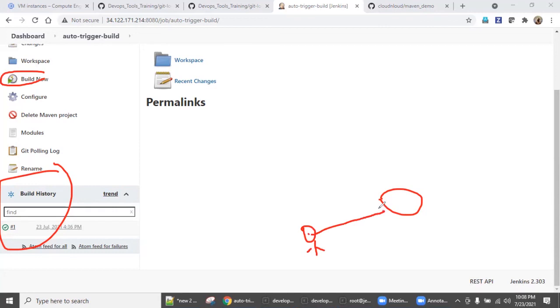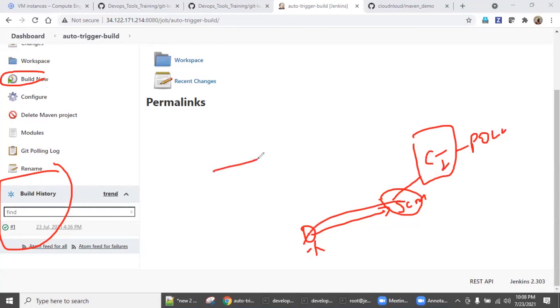So I just pushed my changes into SCM. SCM is my github.com, which is monitored by my CI server. I enabled Poll SCM, right? So automatically, the moment I pushed it, the CI server detected the changes, started compile, started build, and created the war file.